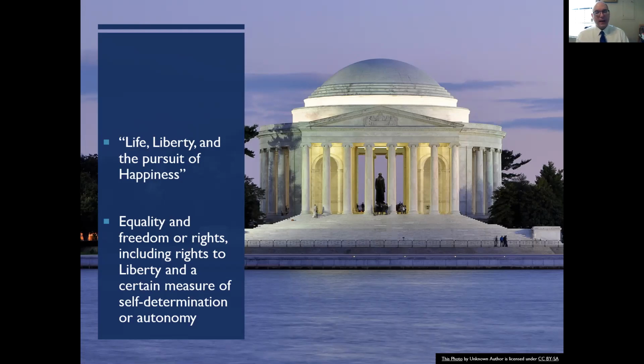We won't get into the reasons for that, but basically property is a little grubby as a reason to fight a revolution. So the pursuit of happiness, but this is also important because it gets at this idea, which again will be very important in American history and in American society, in the kind of self-conception that Americans usually have of themselves: some notion of freedom or autonomy, some notion of self-determination, some notion of, you get to decide for yourself what happiness is within reason, and then you pursue that, right? So life, liberty, pursuit of happiness, the notion is that by nature we're all equal, which means, again, we're all free, right?